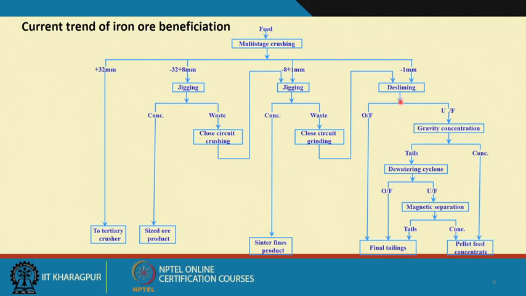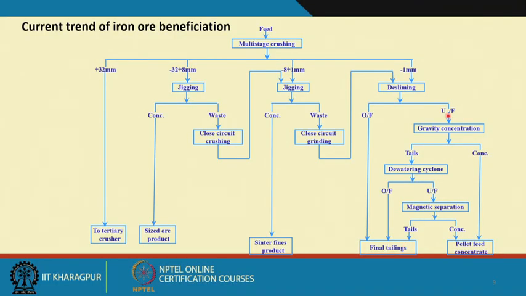Now, after the desliming unit, the overflow, mostly the clays, we are trying to separate, that is called the final tailings. And now this underflow we are putting into a gravity concentration, and again a dewatering cyclone, and then we are sending it to magnetic separation, and then we are getting a pellet feed concentrate like that. So, that is how